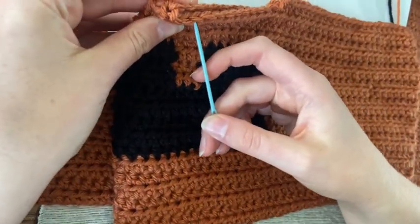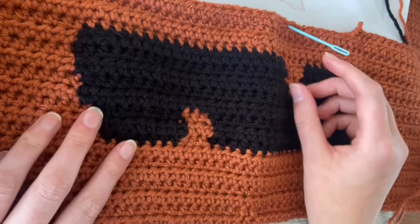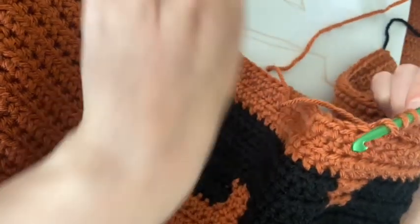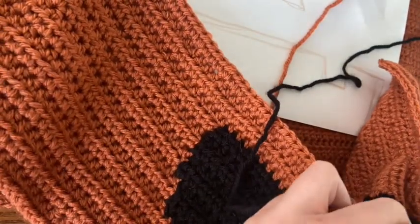And do this too. So that's perfect. I'm gonna hold that spot so I know where to add the black again for the nose. All right, so like I did before, I'm gonna find my black all the way down here. I'm gonna keep this nice and tight, and I'm gonna